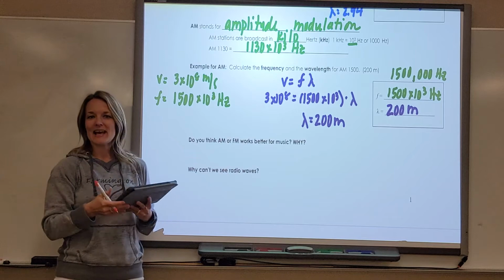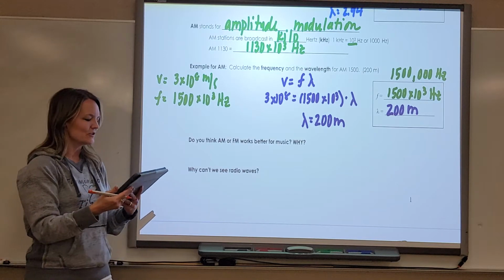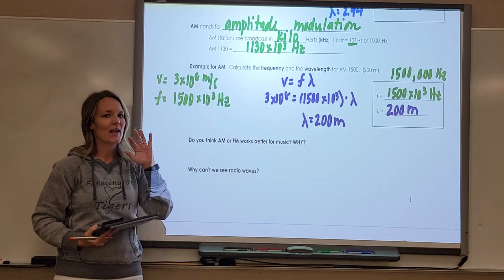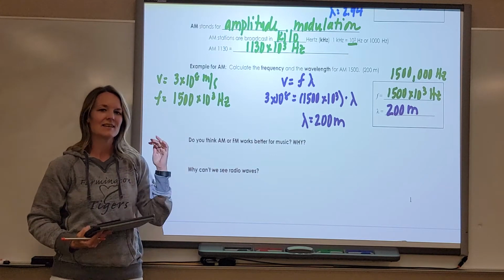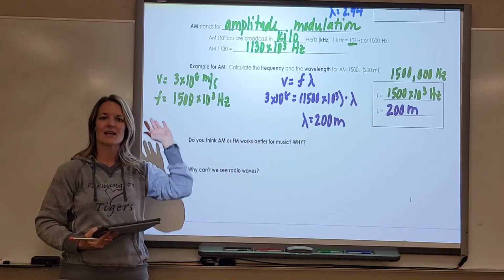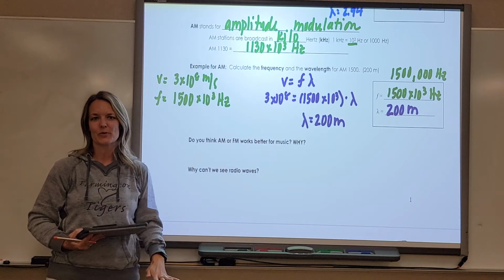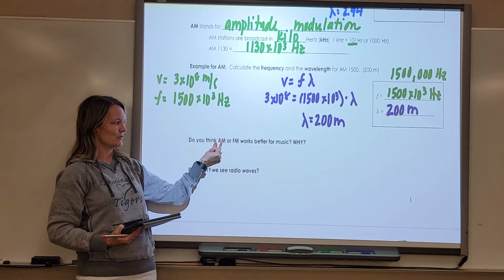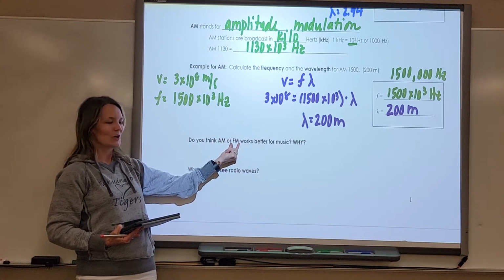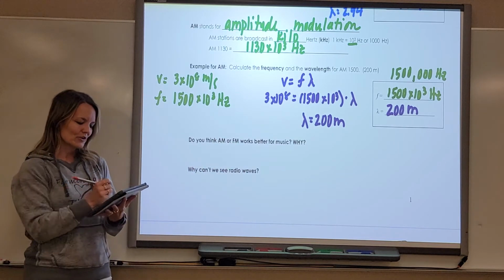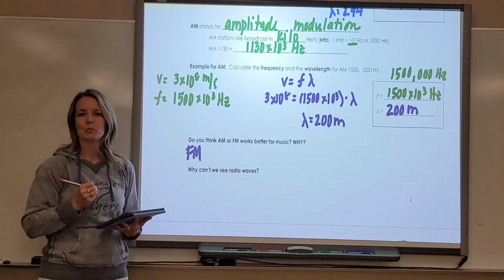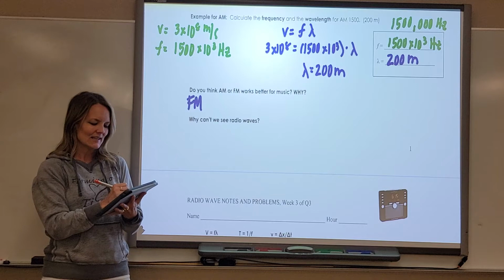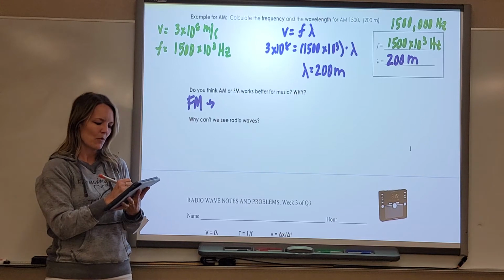All right, 2 last questions to kind of sort these things out. Do you think AM or FM works better for music, and why? Well, in order to have music, you have a lot of pitches, and different pitches have different frequencies. The higher the pitch, the higher the frequency, the lower the pitch, the lower the frequency. AM is amplitude modulation, FM is frequency modulation. You should know that FM works better for music because obviously that's where all the music stations are. But the reason is it has more frequencies,